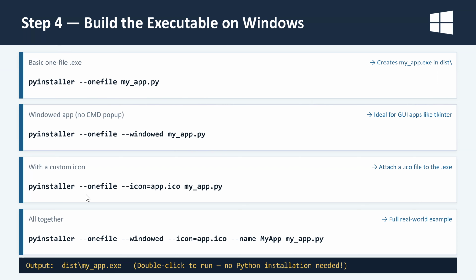This option, pyinstaller --onefile, makes a one-file kind of binary, or standalone binary. With --icon, you can give it an icon image, so your app is going to have a nice icon, and then attach the icon to the executable. And then all together, if you do more options, you could give --onefile and then --windowed for graphics, --icon to attach the icon, and --name to give the app a name, and then my_app